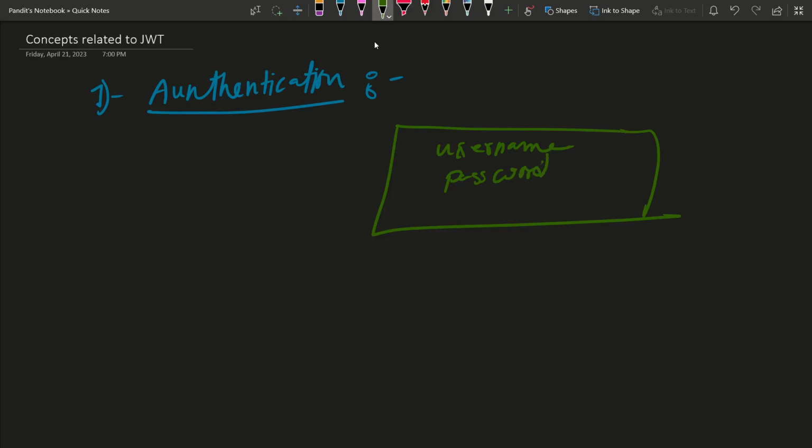So you have these two input fields inside your web application. When a user comes, enters the username and the password, and if it gets matched by the correct one,